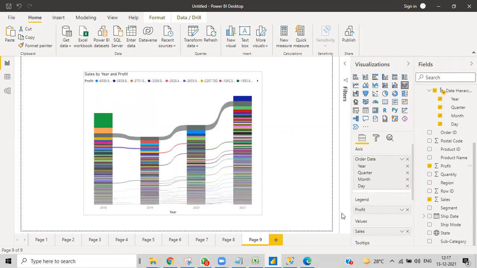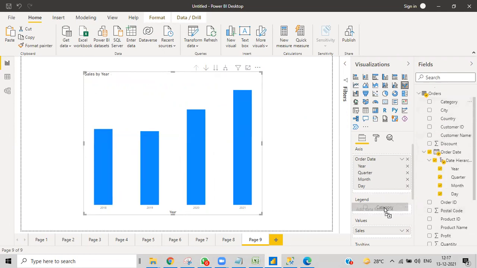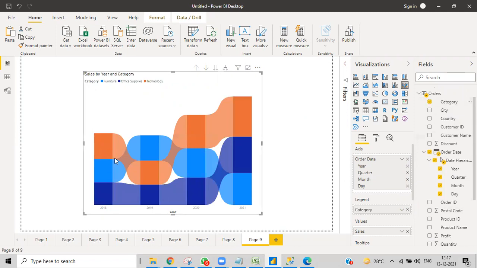So with this kind of thing, a lot of things need to be calculated. So obviously we'll give this kind of thing. You can see these are things like furniture. Technology has decreased in 2020 from 2019 and then increased again at the same pace.